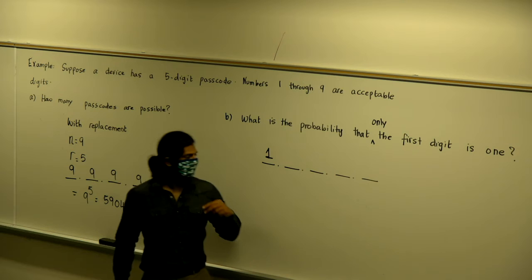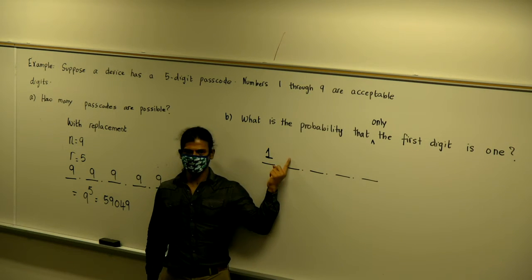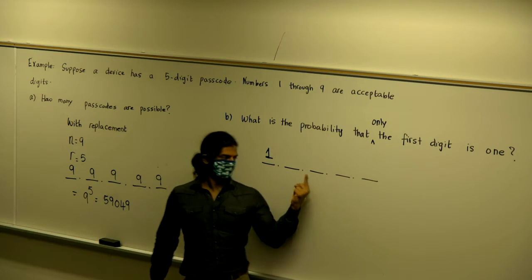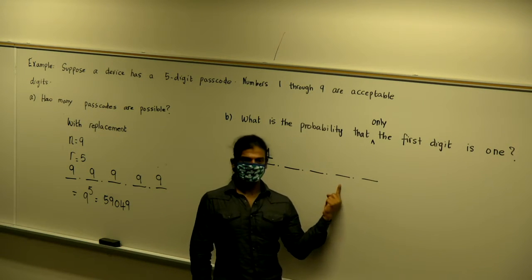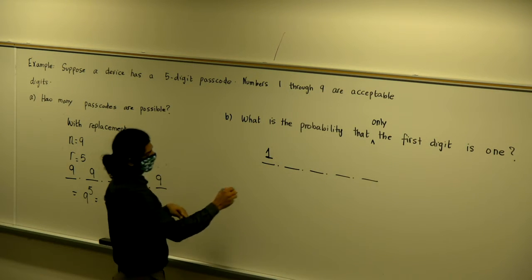The ordering matters. So how many possible values would we have? 8, 8, 8, 8, 8, 8. So the total number,